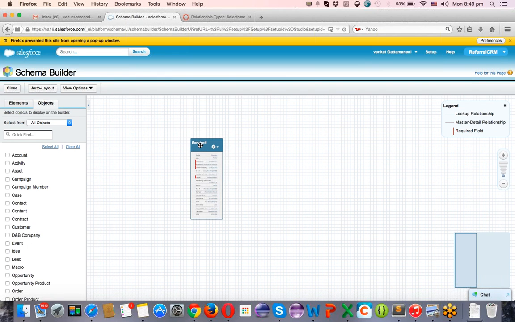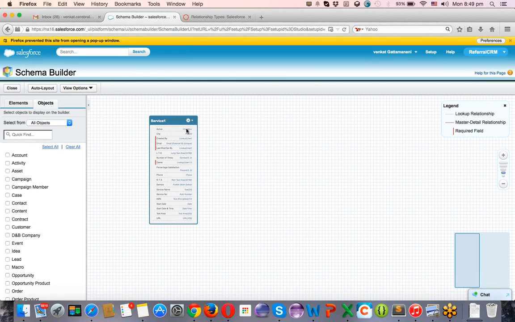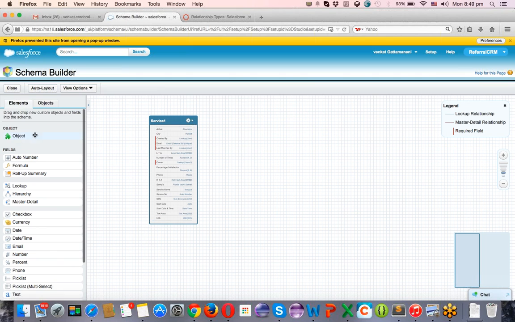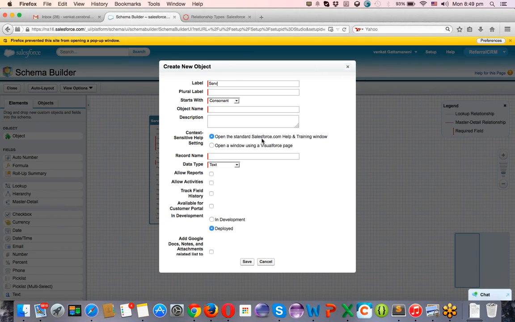So we are building a new application, but I'm explaining to you. There is a service one object. Each service will have a child object, that is service line items. I'm creating a new object now. I'm pulling in service line items. You have done this in the previous class. Service line item is the label. Service line items is the plural form. The object name will obviously be the label name.